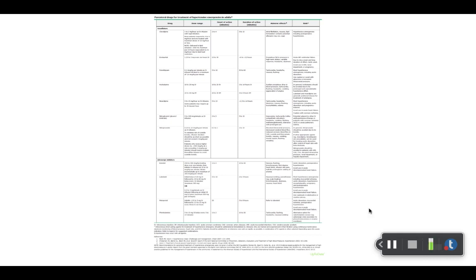But definitely make sure you, and this is from UpToDate, by the way, if you want a bigger one, or if you're wanting the primary source of this, it's parenteral drugs used for the treatment of hypertensive emergencies in adults. So definitely want you guys to look at this. Note the drug, the onset of action and duration of action. That's going to be more FYI. And dosage range from my perspective, but I definitely want you guys to look at the adverse effects